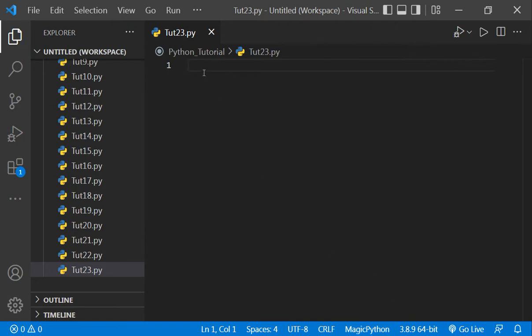So suppose you have an if statement and inside that if statement you have another if statement, and inside that if statement you have another if statement. So that's called nested if. What I'm trying to say is that if you have one condition 1, okay, and inside that condition you have another condition,